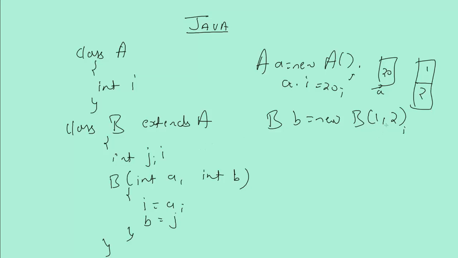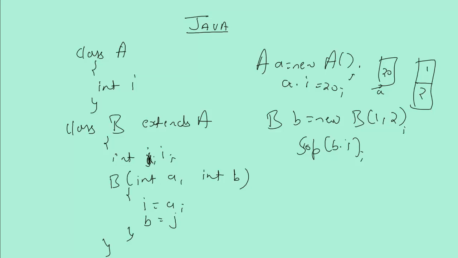The value of 1 and 2 will be given to what? When I try to print SOP of b dot i, earlier it was printing 1, but right now it is going to print 2. The reason is, in this scope, at this point of time, assume this is not available. At this point of time, in this scope, value would have been,